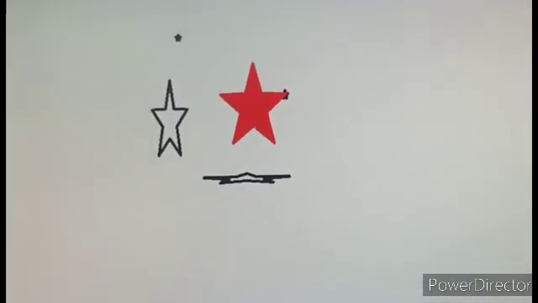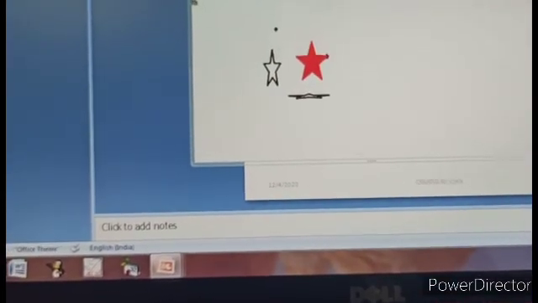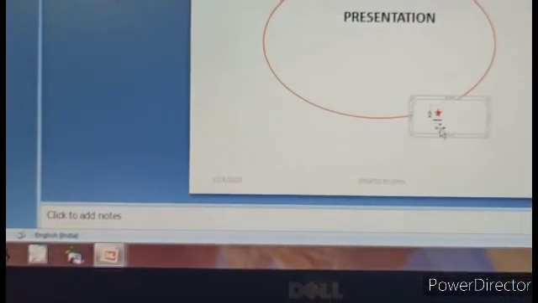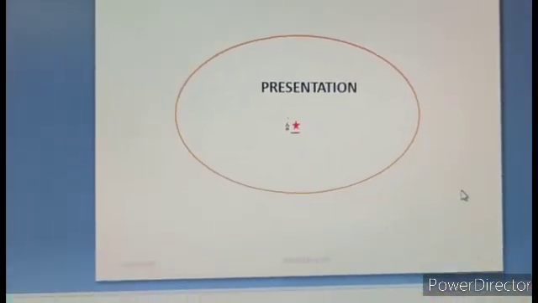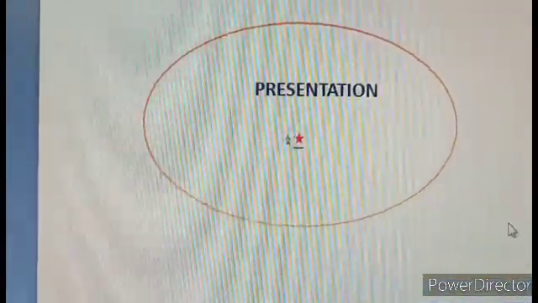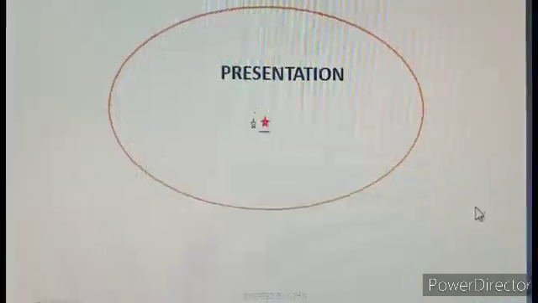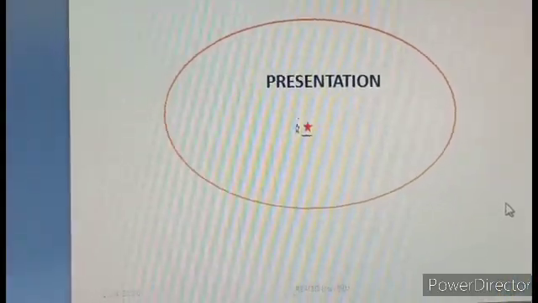Now if I click the cross to close it, see, the screen has come. The screen has been copied and has come to my slide. Understood? In this way, we can draw or edit something in any other software, image making software, and transfer it directly to my slide.